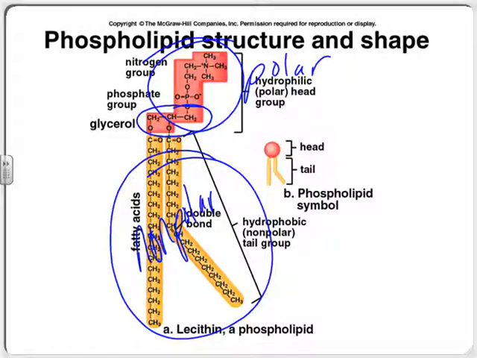Water. Water's charged. Water's polar. It's the positive side and the negative side. So if we put these things in water, which, by the way, these things are always going to be in water, right? Because every living thing is made mostly of, guess what? Water. So when we put these things in water, this side likes the water, right? This side doesn't. This side is said to be hydrophilic, which means what? It likes water. It loves water. And the other side is hydrophobic, which means it's scared of water. It's afraid of water. It doesn't want to be near water.